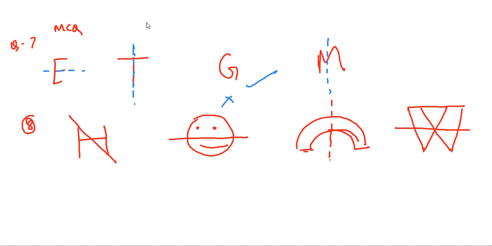So we have to tell which of the following shows reflection symmetry. So this doesn't show reflection symmetry because if you look at the figure, you will not find the identical figure on both sides of this line. Here also it doesn't have an identical figure, so this is also not the correct option. This is the correct option because if you look at both sides of this line, you will find the same structure. That is why this is the right option.